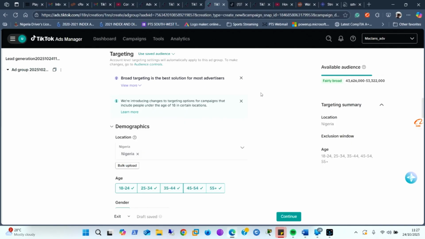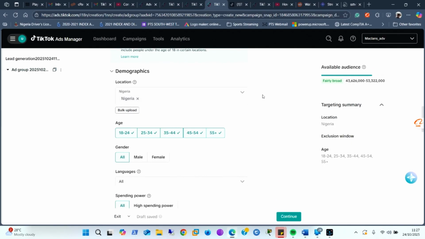And we move to setting the demographic parameters. So location: for now, you can only target Nigeria as a country. You cannot target cities or other different locations in Nigeria. So you can target only Nigeria. If you want to target audience outside of Nigeria, you can